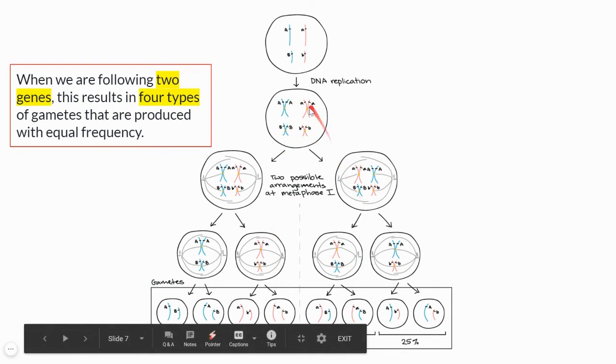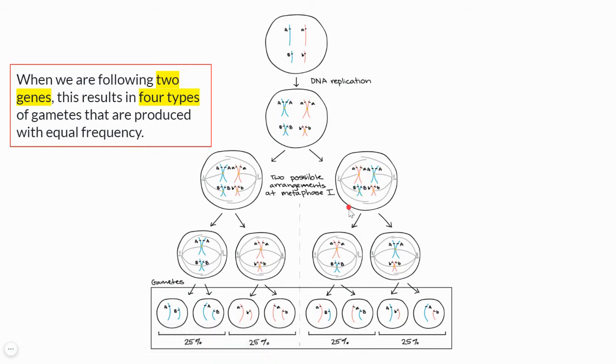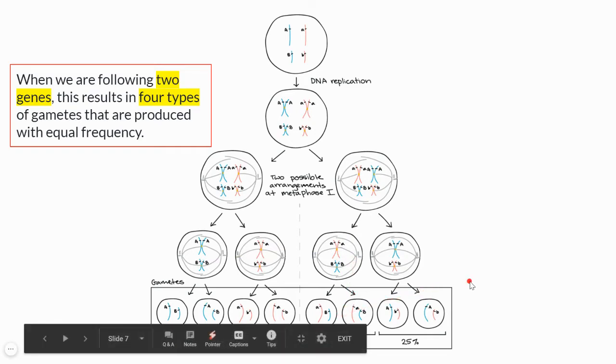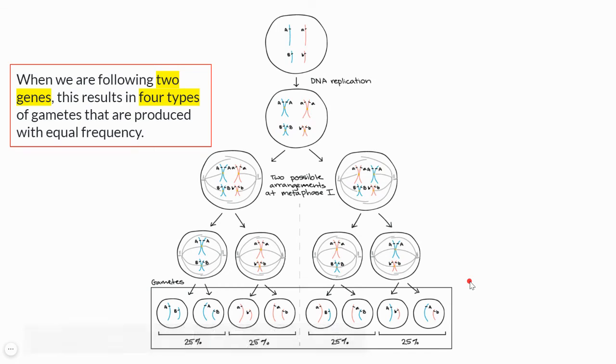In our possibility 2, our chromosomes have realigned. Okay, so all the paternal chromosomes won't go to one cell like this one. So look at what the gametes will be formed here. In this case, because our gene A and gene B are on different chromosomes, we are going to have some gametes which will have small a and small b type of alleles, and then some gametes will have small a, capital A and small b type of gene in their gametes. Look at the frequency. So there will be 25% of gametes of each genotype shown.